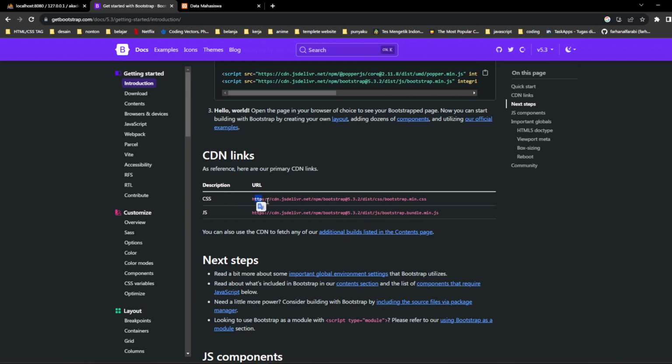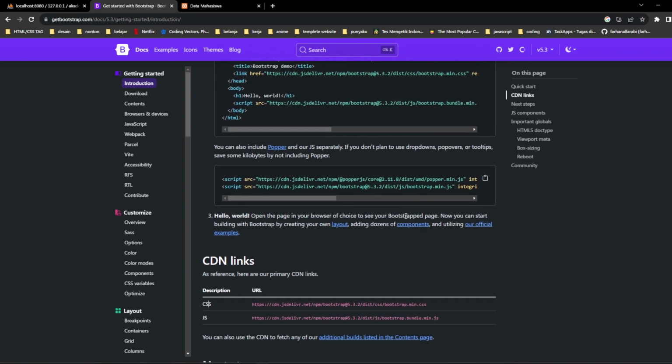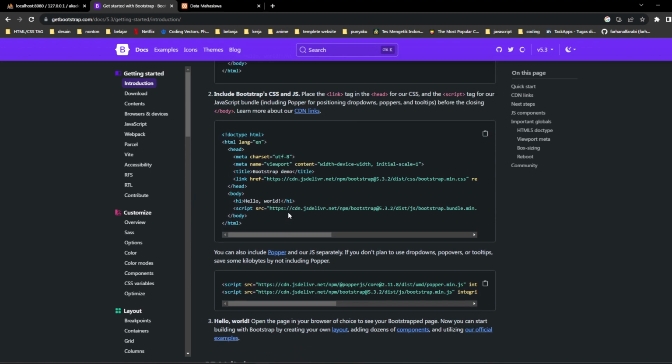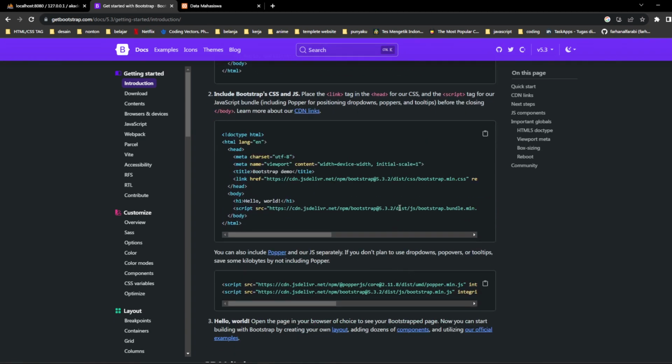This is the Bootstrap CSS. You can copy and paste in your, not this, but this, guys. You can copy and paste in your Visual Studio Code.